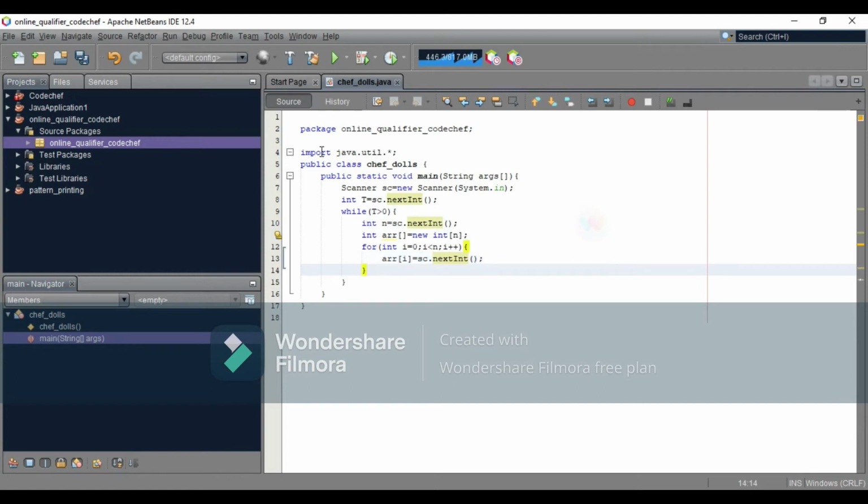After that we have to take a variable as int k is equal to 0, and after that I have to enter a for loop that goes from int i is equal to 0 to i less than n, i plus plus.